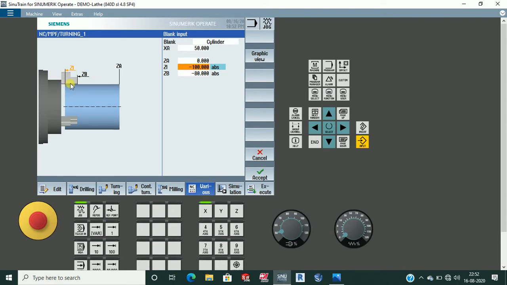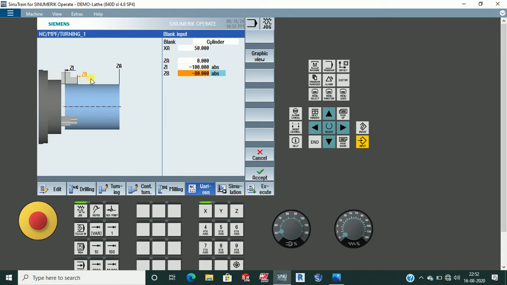What is ZB? ZB is the distance we want the workpiece out of the chuck. These are the jaws, and this is the chuck. How much distance do we want in the jaw and after the jaw? I am taking around -80.